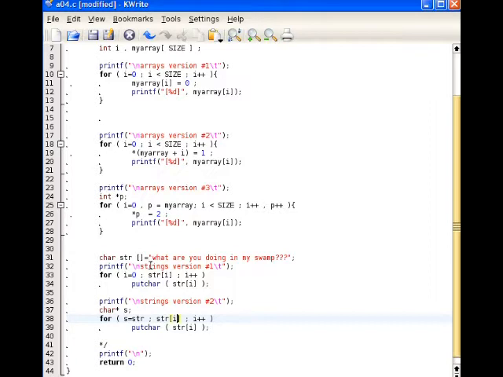I'm going to increment s by 1 times the size of a char, which is 1 byte. So this is one of the rare times where incrementing a pointer is going to lead actually to adding 1 to the address. And then I'm going to display whatever is pointed to by s, so this is going to be putchar(*s);